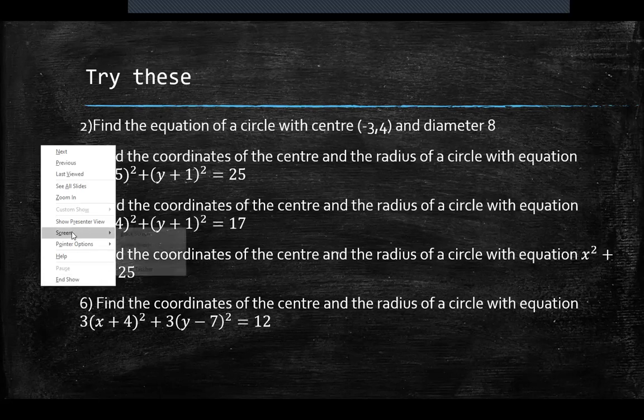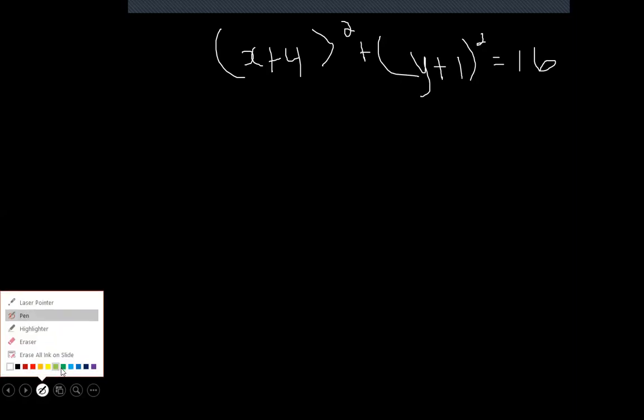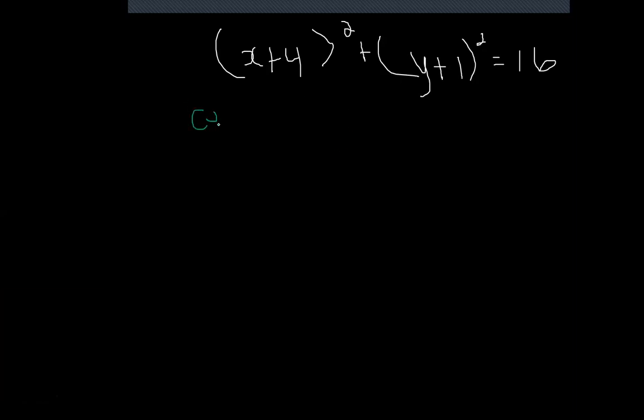Okay, wait, hold on. I have one more to do with you. They could also give you the standard form. So say they gave you the standard form of the equation: (x plus 4) squared plus (y plus 1) squared is equal to 16. And what they want you to find now is the center. Center is equal to, let me just put question mark, and the radius, so I'll just put r is equal to question mark. So they want you to find the center and the radius this time, and they gave you the